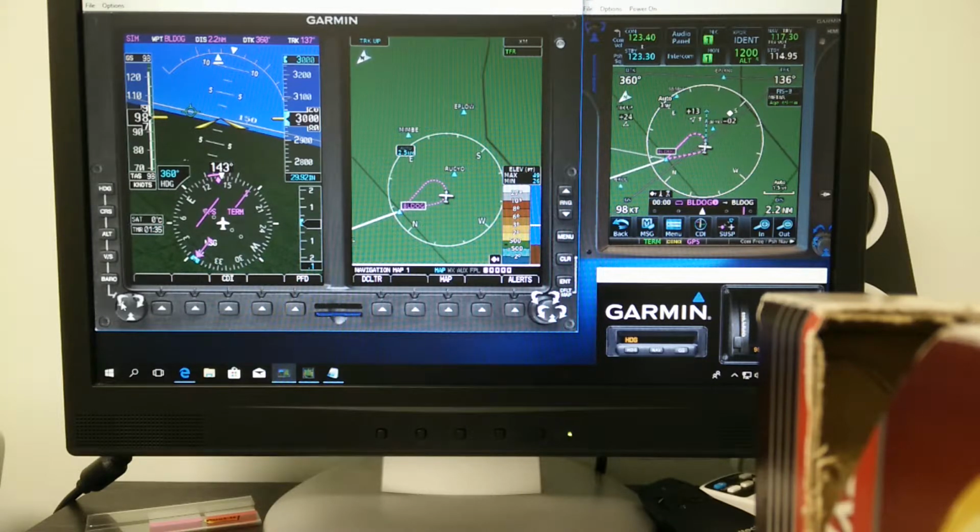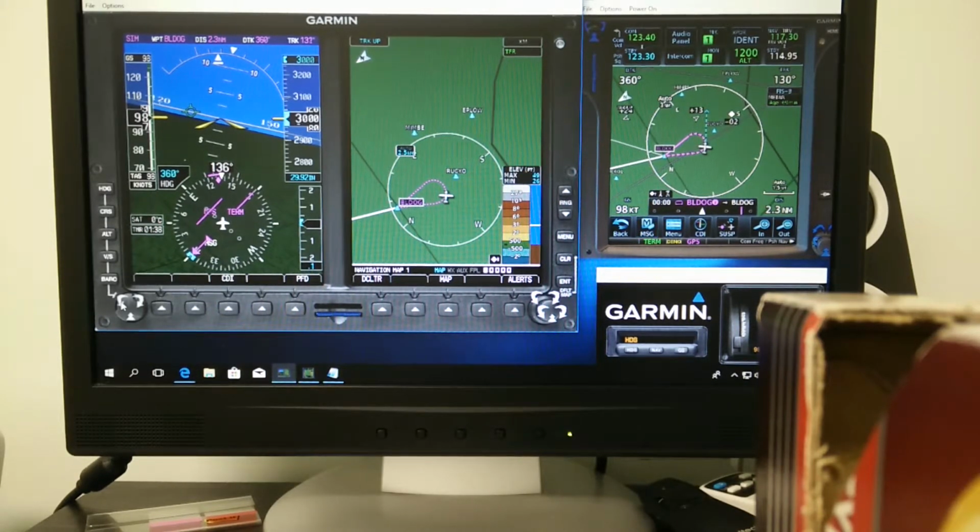So we're turning right now to intercept the